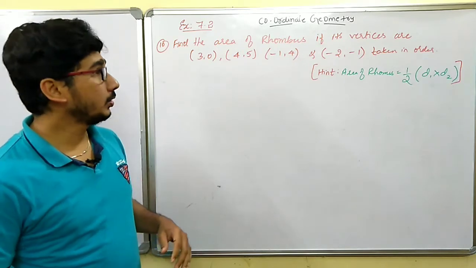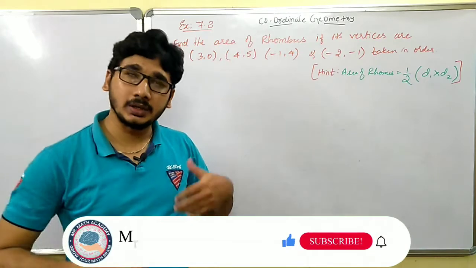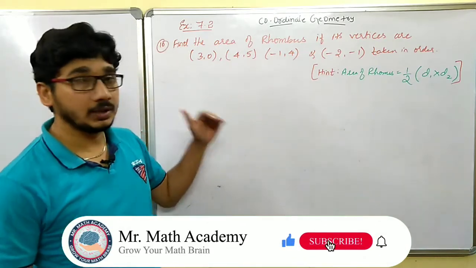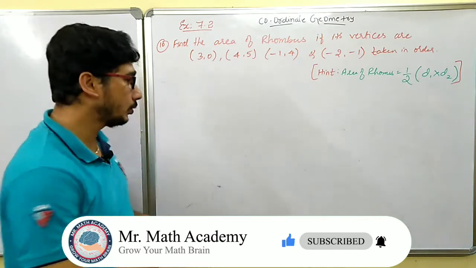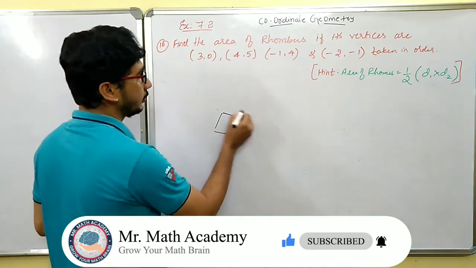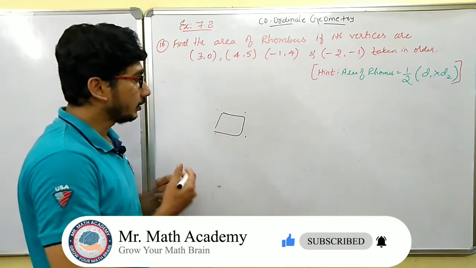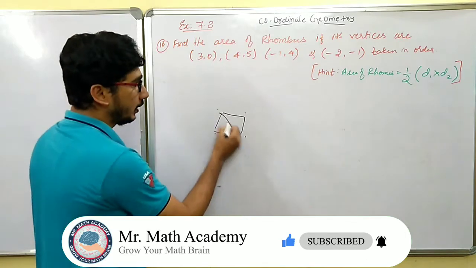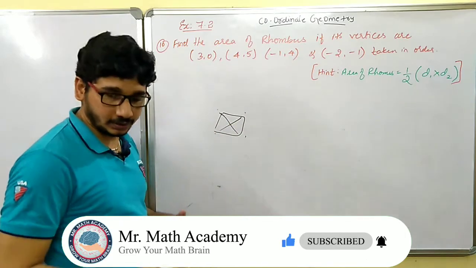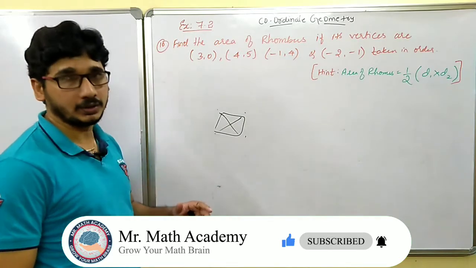They are not asking us to check whether these points form a rhombus or not; there is no need to check, because they are telling us it is a rhombus. If they ask to check whether it is a rhombus, and if so find the area, then you have to write all 4 points and find all the distances. You will get equal values for the sides, then find the diagonals, which give different values. Then we confirm that it is a rhombus, and then we find the area.